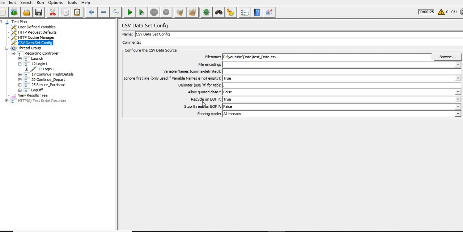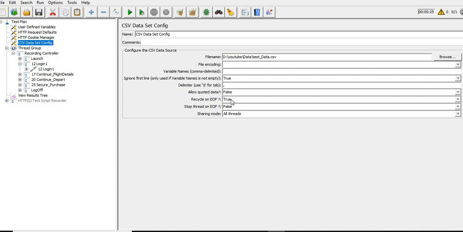Okay, the next three options are recycle on end of file, stop thread on end of file, and sharing mode. These are very important for using the data in different ways. So now we'll understand recycle on end of file. If we enable it, it will recycle the data when all the data has been consumed from the file.